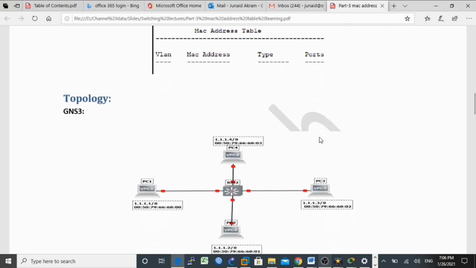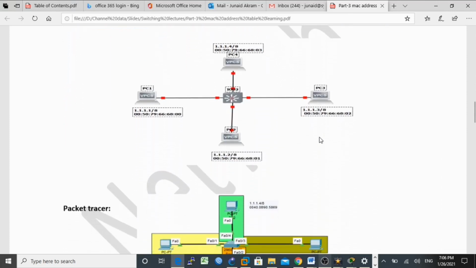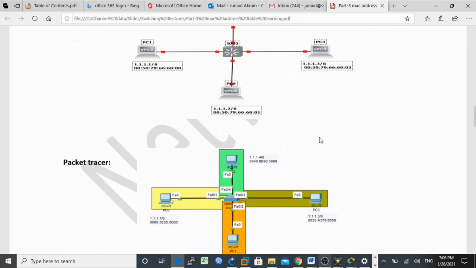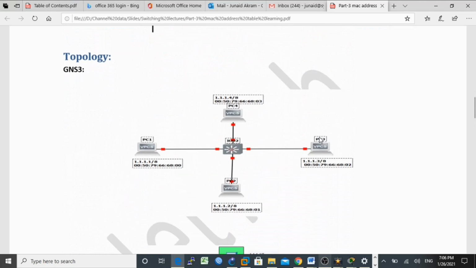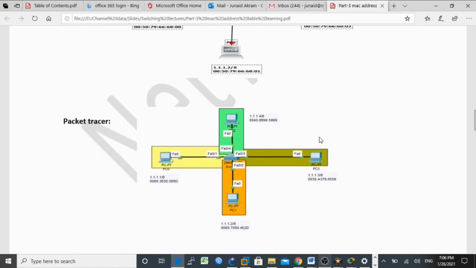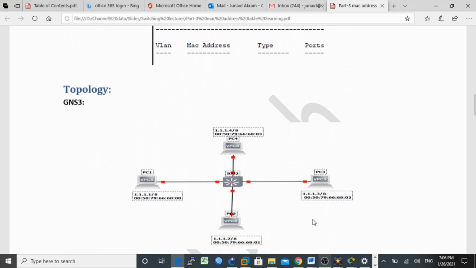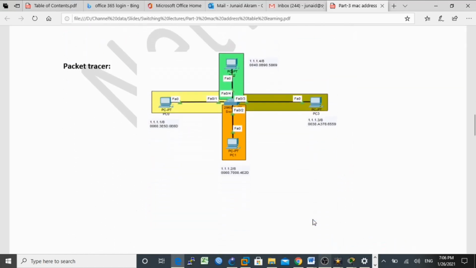I've got two topologies here, one in GNS3 and one in Packet Tracer. Because I'm not able to run some commands in Packet Tracer, I made a topology in GNS3. I will show you some commands in GNS3.